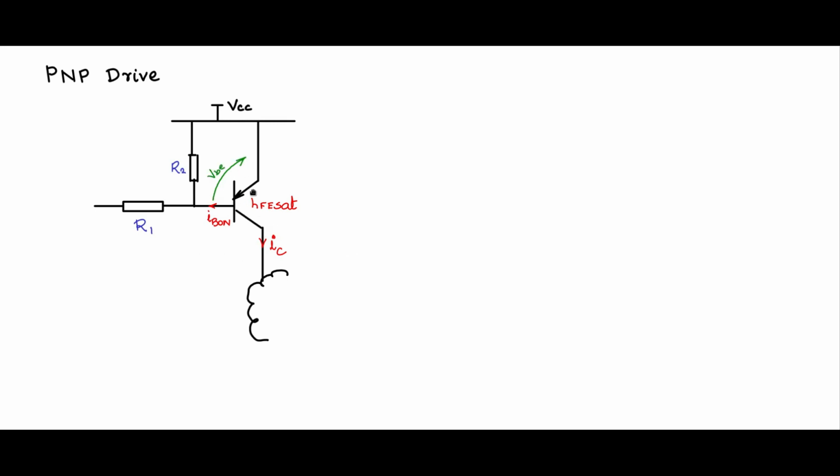Well, this is VBE SAT. Like in the NPN circuit, R2 is given by VBE SAT by an equal amount of IB on that flows through like this. You have IB on flowing through in this direction, and VCC minus this potential divided by R2 will be the current flowing through this, and that current should be IB on. 2 IB on will flow through R1.